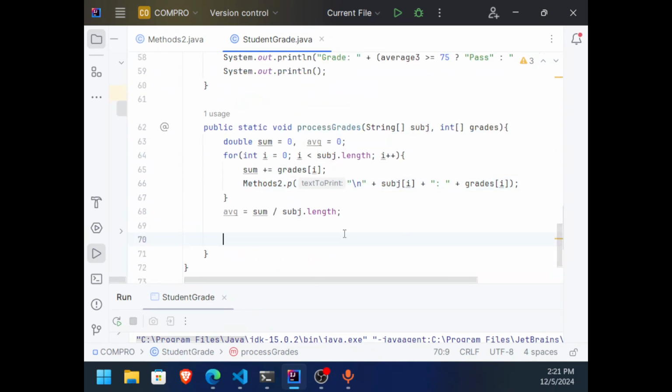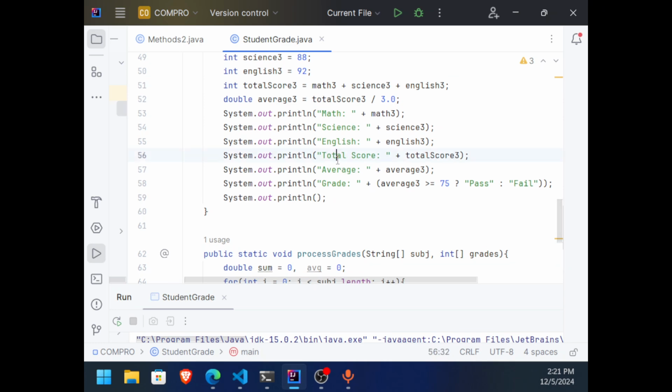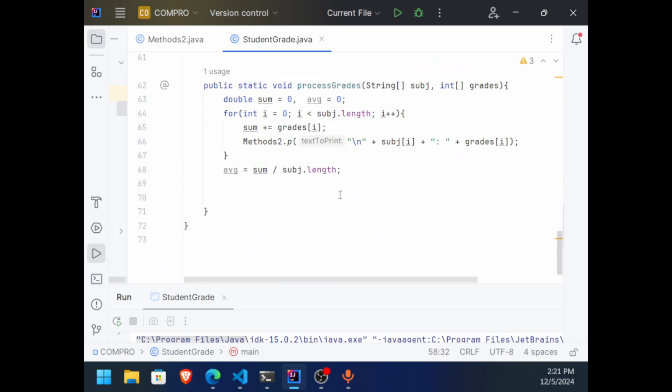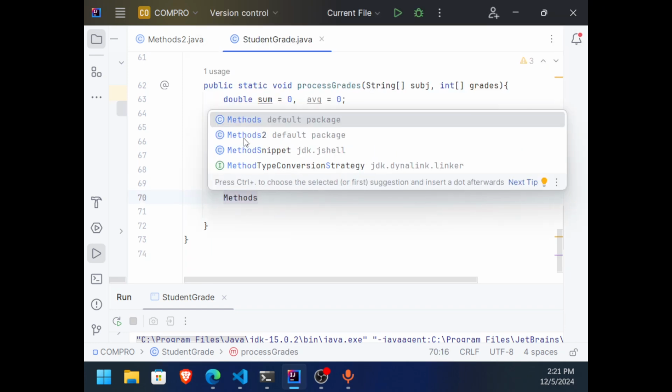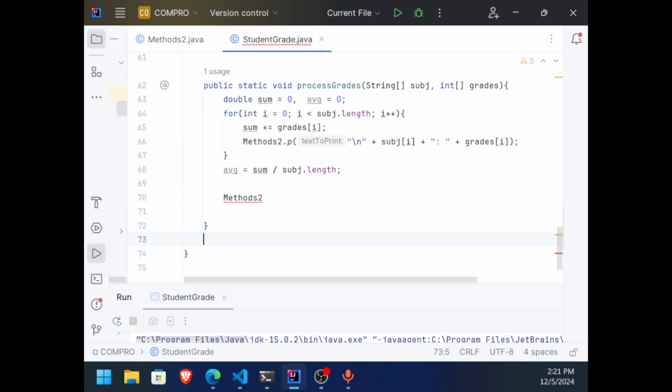And then the second thing, ayun dito, i-display natin yung total score, yung average, and then yung grade. Okay? So, gamitin natin yan. So, methods. Kung ayaw nang mag-call ng methods 2, di gumawa na lang kayo dito ng panibagong P method para P lang yung i-type nyo. Okay lang din yan. Method.P. Okay? Ang ipiprint na natin dito ay yung total score. Do not forget, again, do not forget \n. Total score will be plus sum. Okay? Kopyahin na natin yan. Tatlo. Okay?